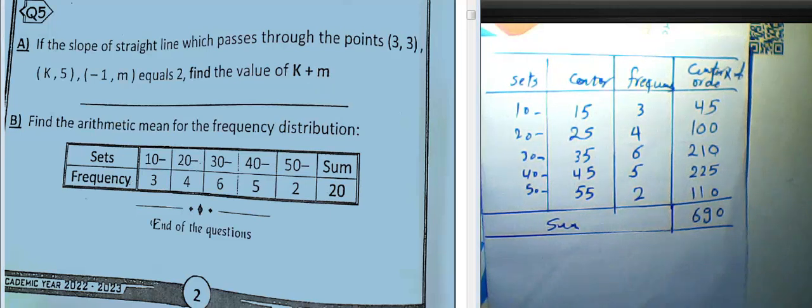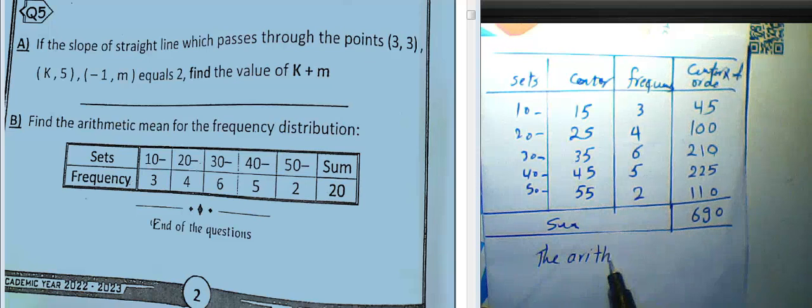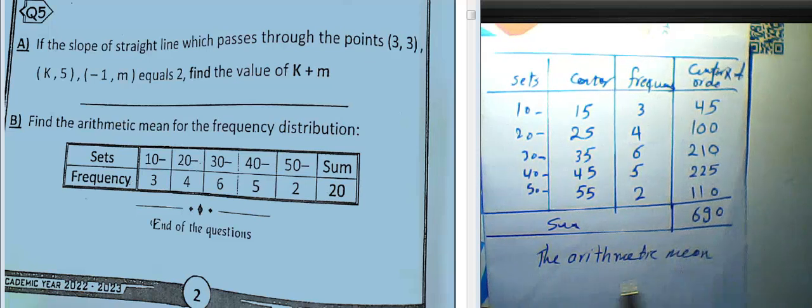And then we can find the arithmetic mean, equal to the summation about them, 600